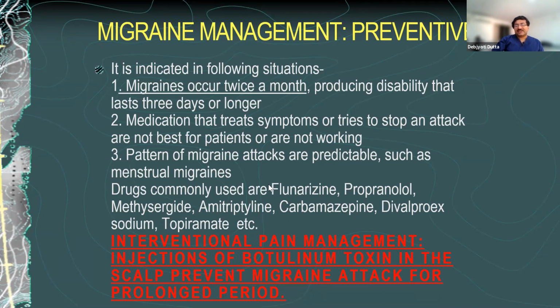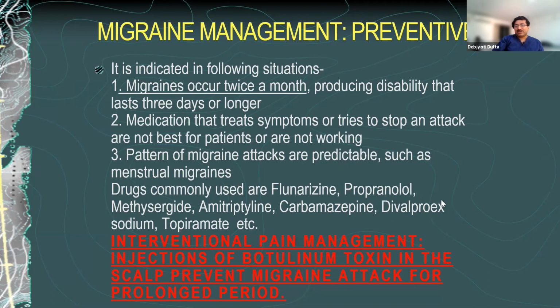So these are the drugs we commonly use, among which you should know the side effects. With propranolol, the heart rate might go down, it's a beta blocker, and some amount of depression might occur. With amitriptyline, the common things we get are anticholinergic effects, increase in heart rate, and dryness of the mouth. If the patient has BHP, or is an aged patient with a cardiac problem, you might need to avoid these drugs.